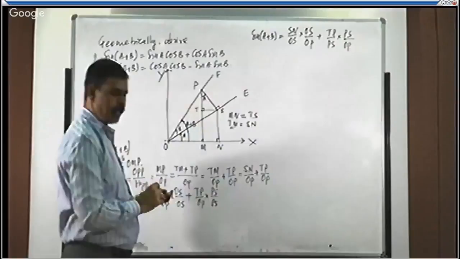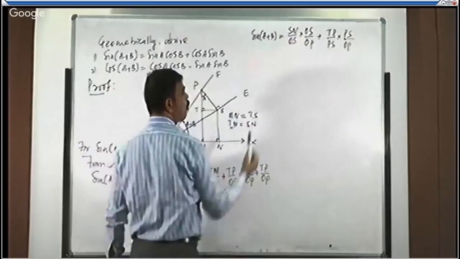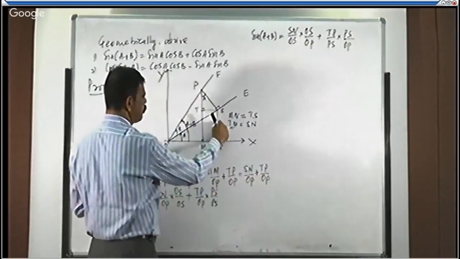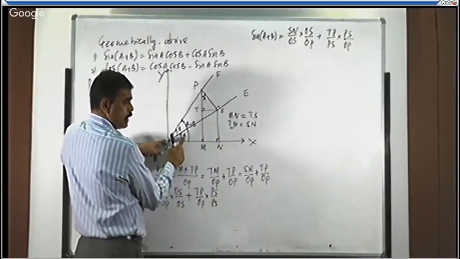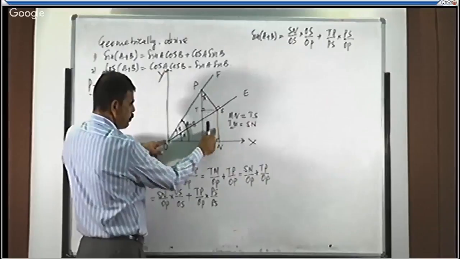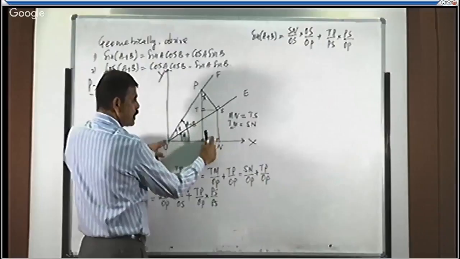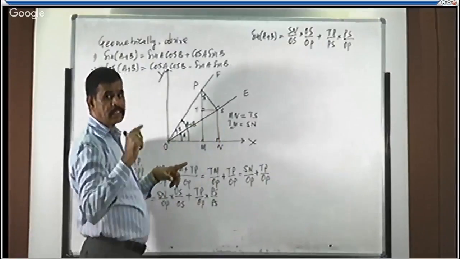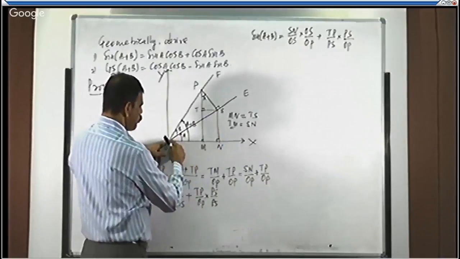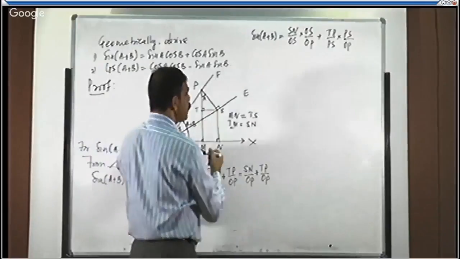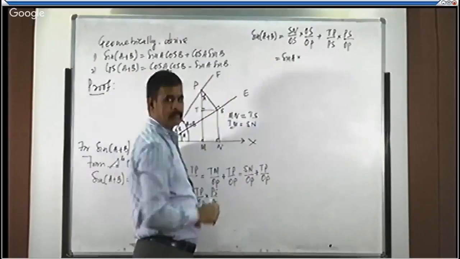Now observe the figure with the ratios. SN divided by OS. What is SN? This will be the SN. What is OS? This will be the OS, right? For the angle A, this will be the opposite side. This will be the hypotenuse side. Opposite side by hypotenuse side of an angle is what? Sine of angle, right? According to that, opposite side of A divided by hypotenuse side of A will be called sine of angle. What is it? It is sine A, right?